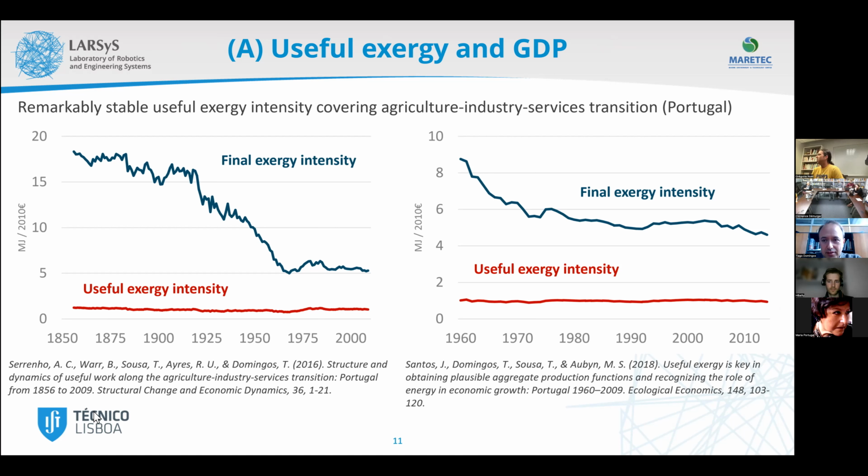I would say what's interesting to notice is that GDP, with all those reasons we could have for saying that GDP is a bad measure of economic activity, if in the end we find that it is proportional to something which is extremely objectively measured, which is an energy flow, that would mean that in spite of all those conceptual limitations that GDP has, maybe they are not so dramatic. So this is what I would say at this stage, and then I'd come back to it if you guys want to discuss this deeper,